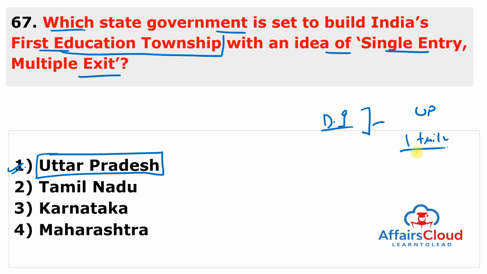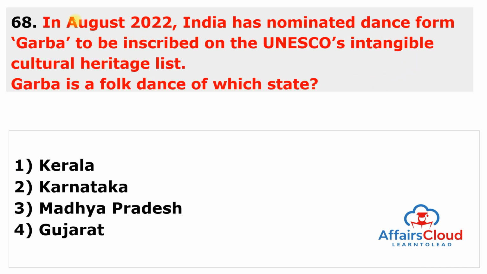$1 trillion economy, and UP's Chief Minister Yogi Adityanath ji directed authorities to prepare a comprehensive action plan for setting up 5 education townships in India. So remember, the government of Uttar Pradesh is set to build India's first education township with an idea of single entry, multiple exit. Next is, in August 2022, India has nominated dance form Garba to be inscribed in the UNESCO's